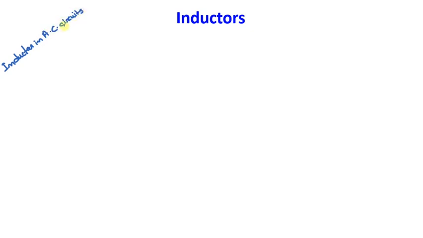Let us also quickly discuss the properties of inductors in AC circuits. So far, we have primarily concentrated on DC circuits. You already know from the previous discussion that an inductor always tries to oppose any change in current flowing through it. So suppose this is an inductor whose inductance is L, one terminal is grounded, and a current i(t) is flowing through this inductor.